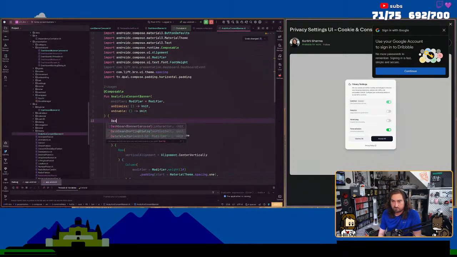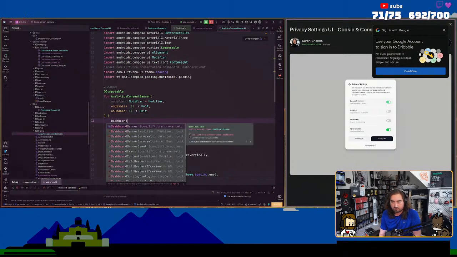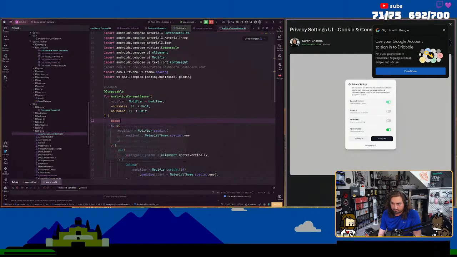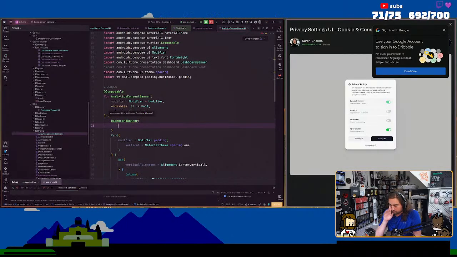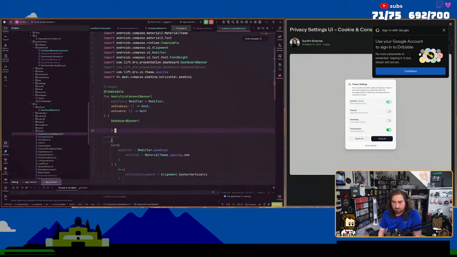So this is going to be a dashboard row or dashboard. So it's going to be a dashboard banner, and then its content is going to be down there.